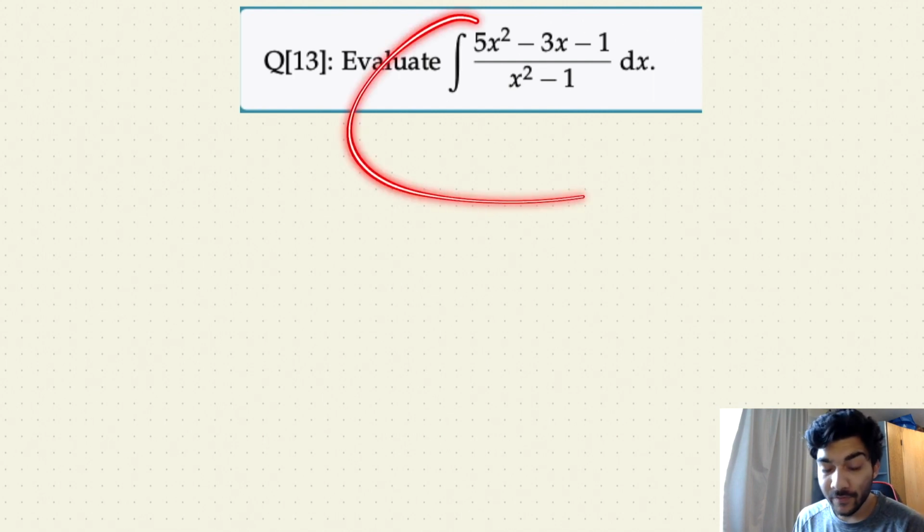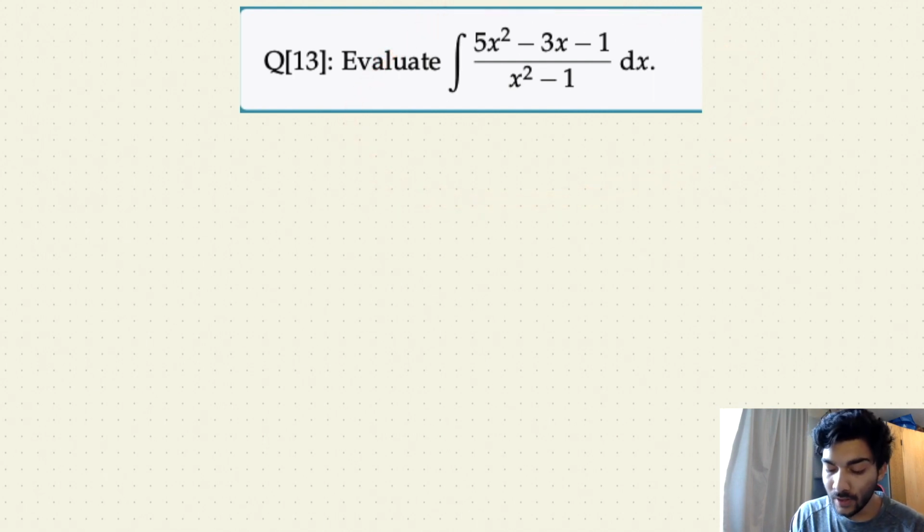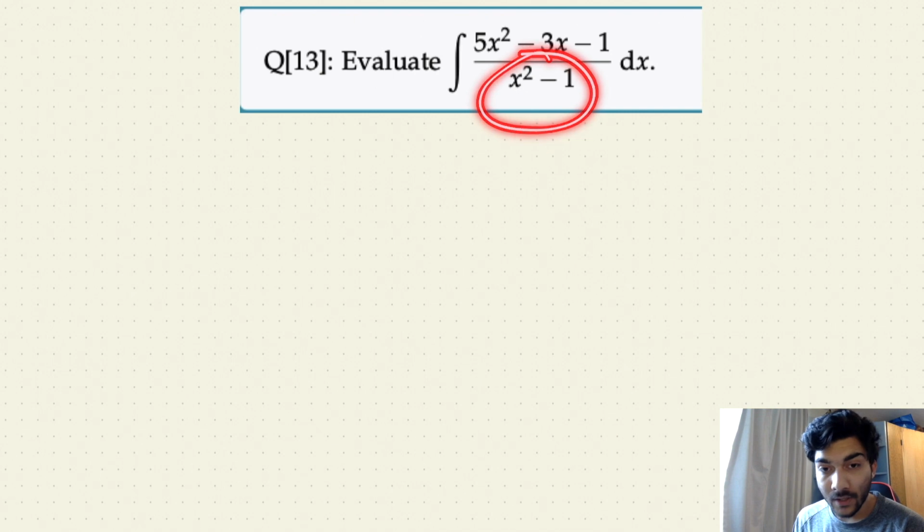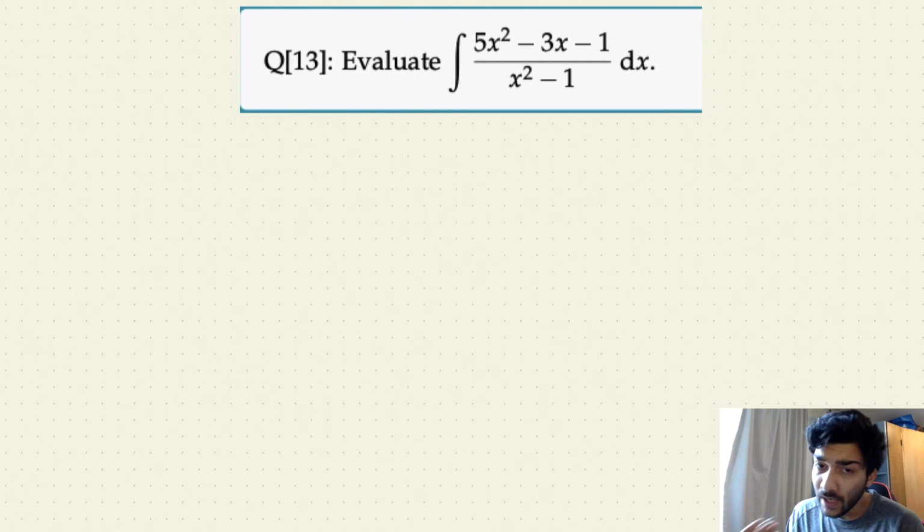So let's continue our previous videos and do one more question on solving indefinite or definite integrals using partial fractions. So again you see a factored out term in the denominator. You know that x square minus 1 can be easily simplified to x plus 1 times x minus 1. So again you see factored out terms in the denominator, which gives you an idea that it would be easier for you to solve this indefinite integral using partial fractions rather than using any other method that we discussed in